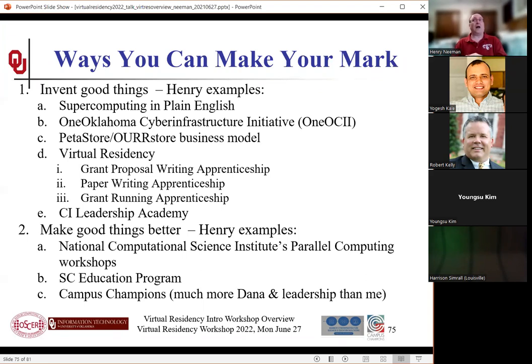And I didn't create that program. It had existed for years and years before I showed up. I don't want to say I made it hugely better, because the people running the sessions already had lots of experience, but I was able to make it better. And the Campus Champions, that thing was around for what, 5 years, 6 years, 8 years, Dana, before you and I came on board as leadership. But yep, we were able to improve it.